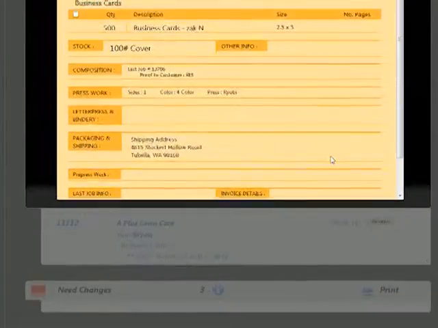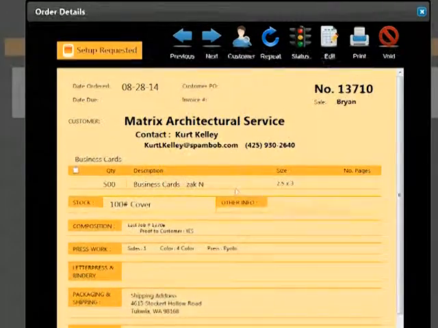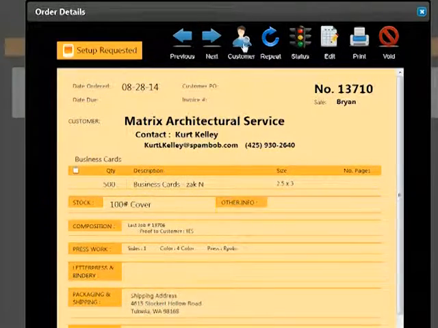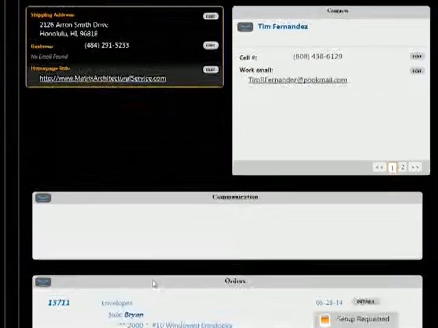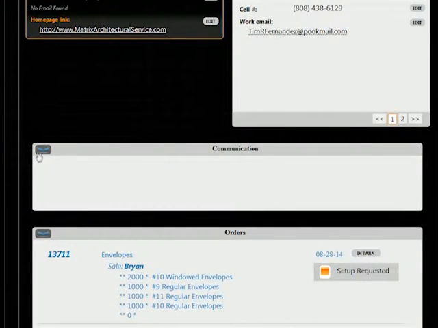And even from this menu, if we want to look at other orders or look at the communication now, or write a note down that this client called about this order, I can hit the customer, which will put him up, and then hit new com.